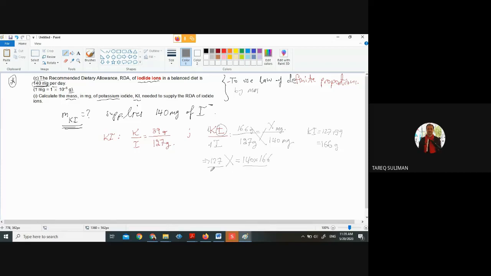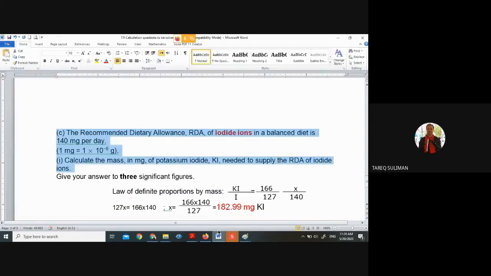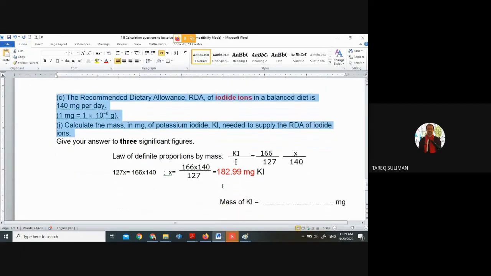Divide both sides by 127, then we will obtain what? X equals to what? How much? X equals